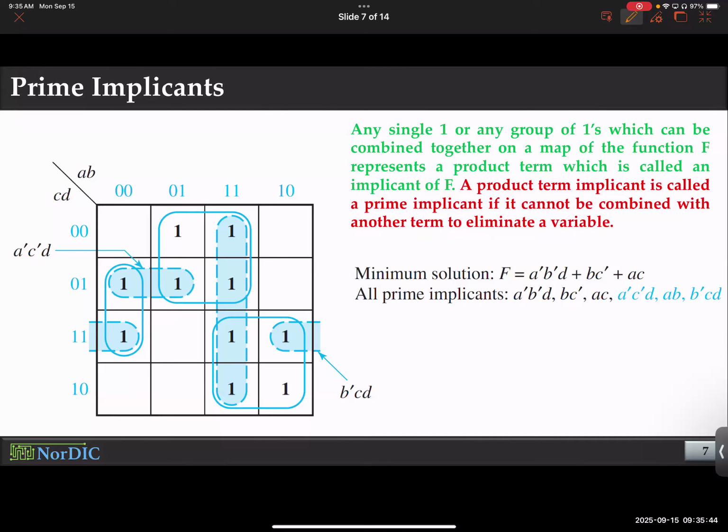Does that make sense, folks? Okay, we have been using implicants all the time. Now, what I want to show you is, for example, to cover this particular one, I could either choose the horizontal option and group it with the other one, or I could choose the vertical option and group it with the vertical one. Doesn't matter. Either way, you're covering one. I'm not going to do both, obviously. I'm going to do one. You can do both and still be functionally correct, but you'll not be optimized,